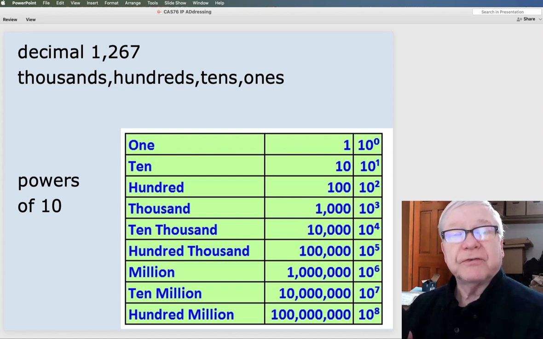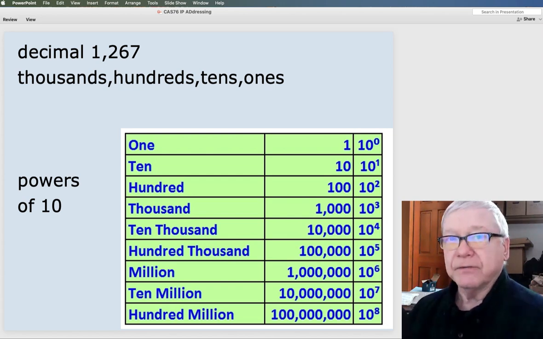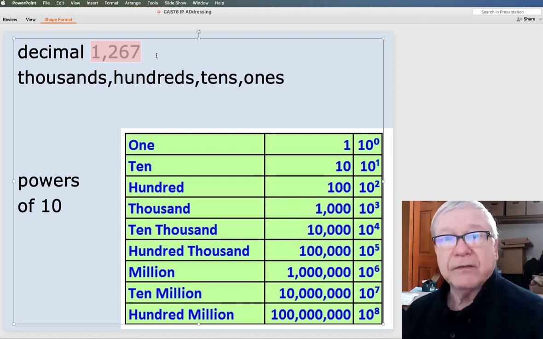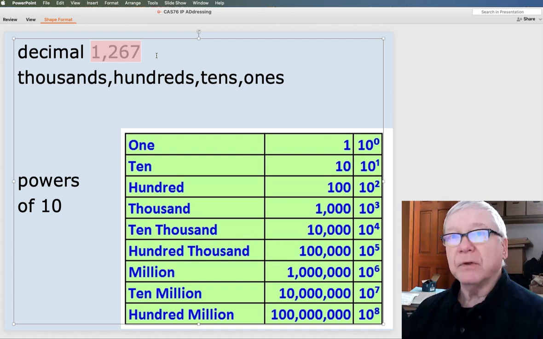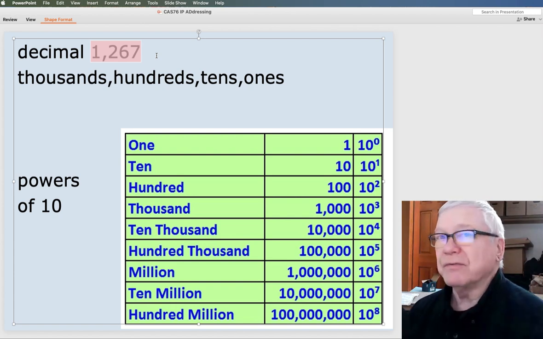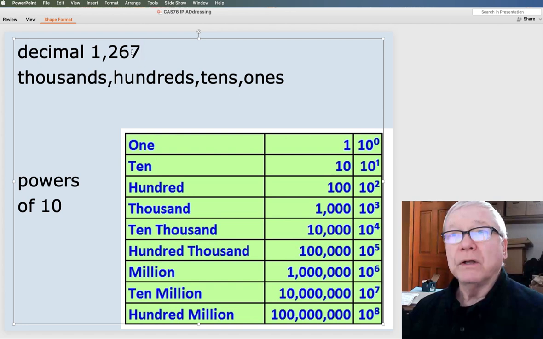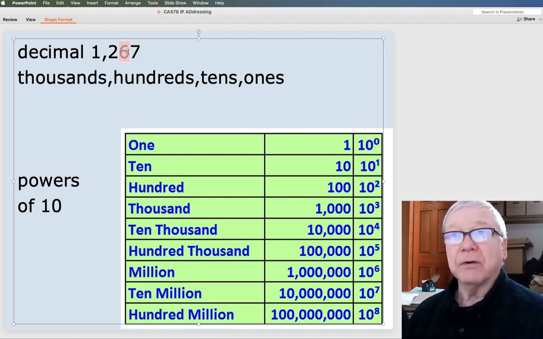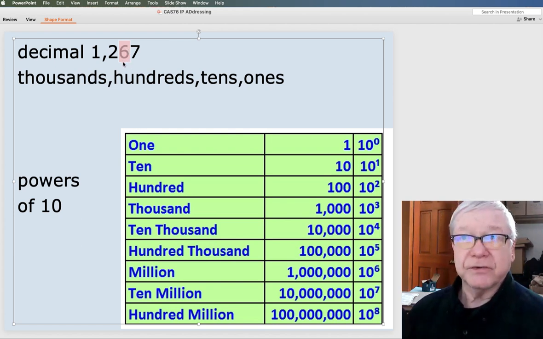We're very used to thinking in terms of powers of 10. This is something we learned in 5th grade and we don't even think about anymore. If I see the number 1267, even as I say that, I'm not thinking about what I'm interpreting to get the meaning of it. I already know this is 7 in the ones place, the power of 10: 10 to the 0 is a 1. 10 to the first power is a 10, and in this position that means I've got 6 tens.